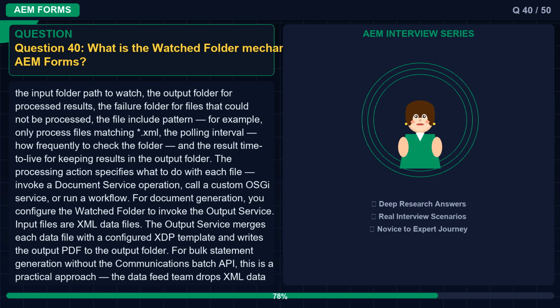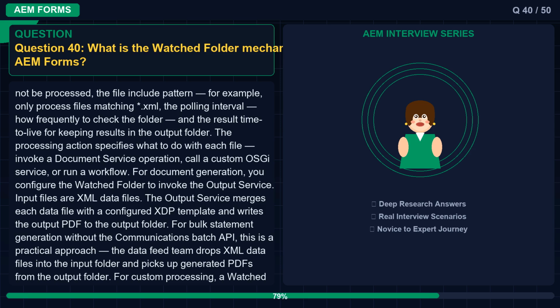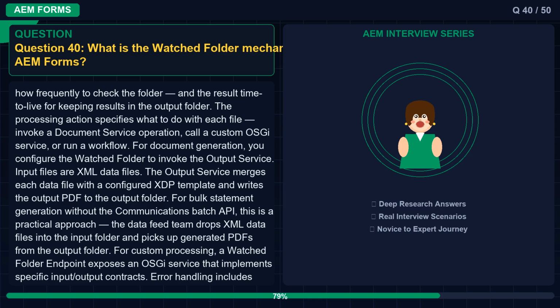The processing action specifies what to do with each file: invoke a document service operation, call a custom OSGI service, or run a workflow. For document generation, you configure the watched folder to invoke the output service. Input files are XML data files. The output service merges each data file with a configured XDP template